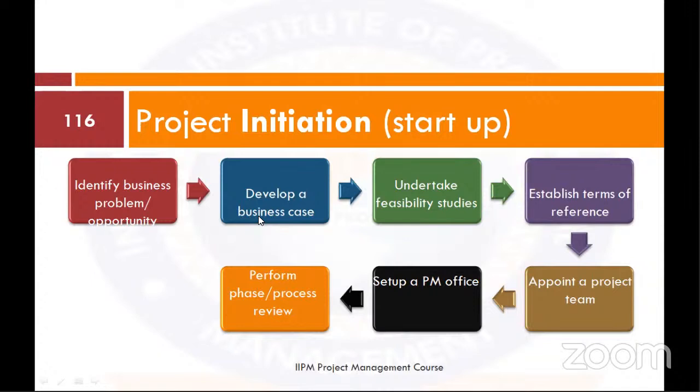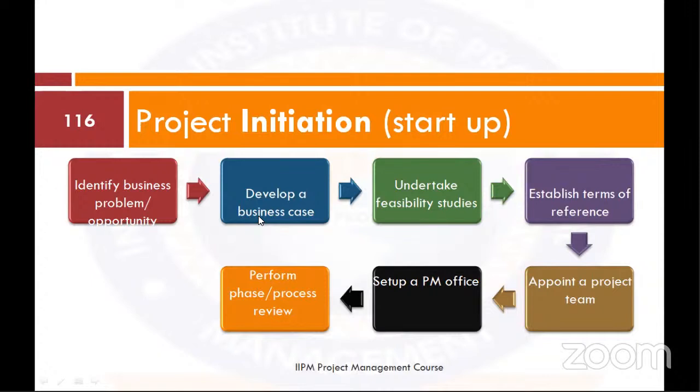Then your feasibility should also tell us whether the project you're running will become a sustainable project, or you solve the problem today, and tomorrow it will come up again. In your feasibility, you should tell us the process that you want to use in addressing that problem. You should be able to tell us.